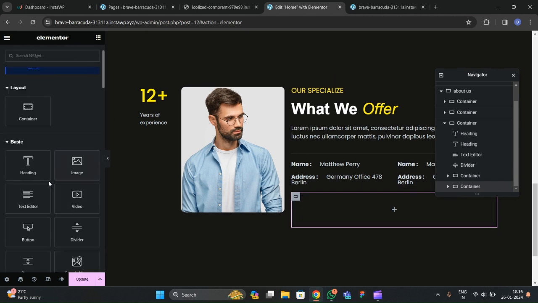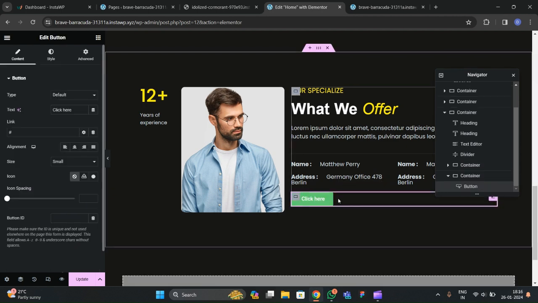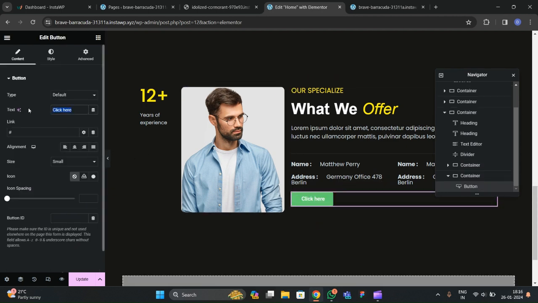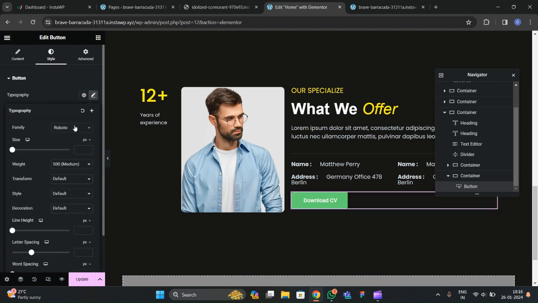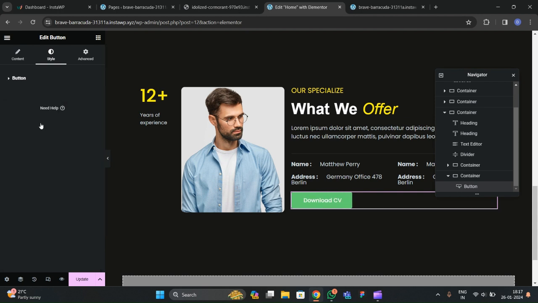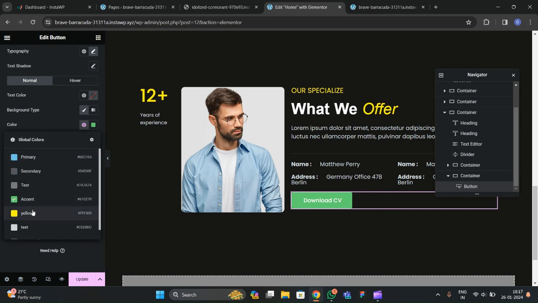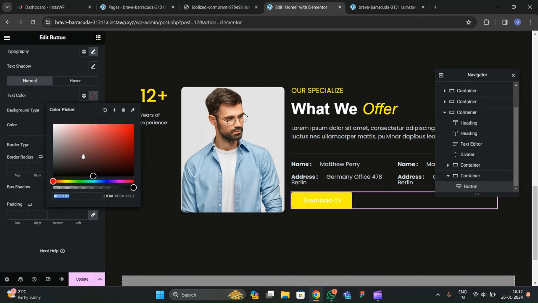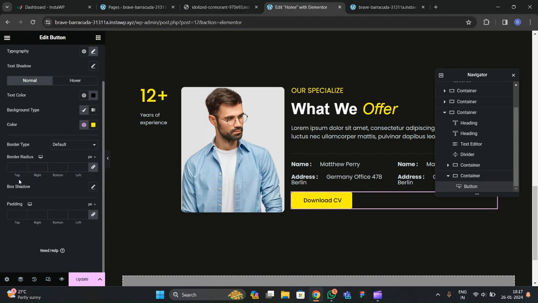So inside this we're going to paste our button like this. So let's write it here, download CV, and after that we're going to choose the medium, and from here go to the styles, and here we're going to choose the Poppins font. Then here let's increase the font size. Then go to the button, and here we're going to choose the background color yellow, and for the text color we're going to choose black, and for the border radius we're going to choose 100, so it will be perfectly